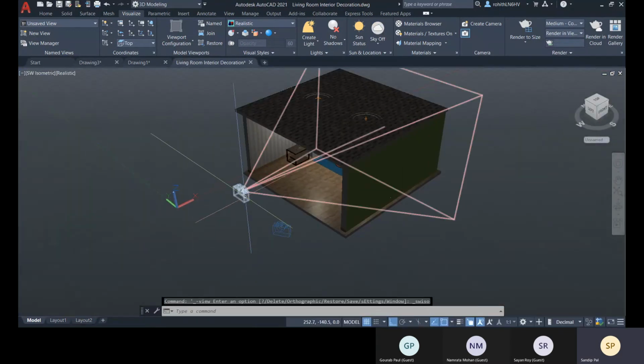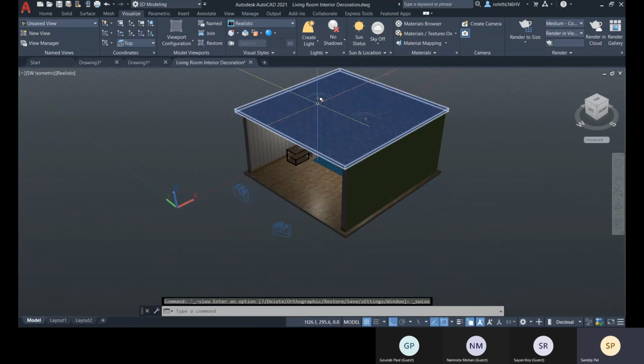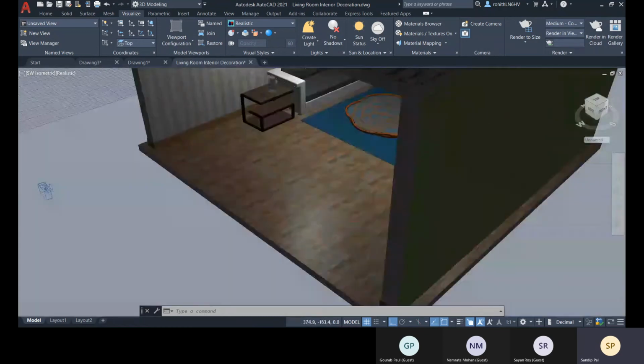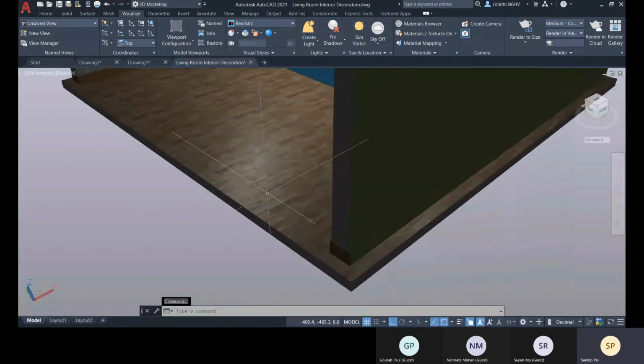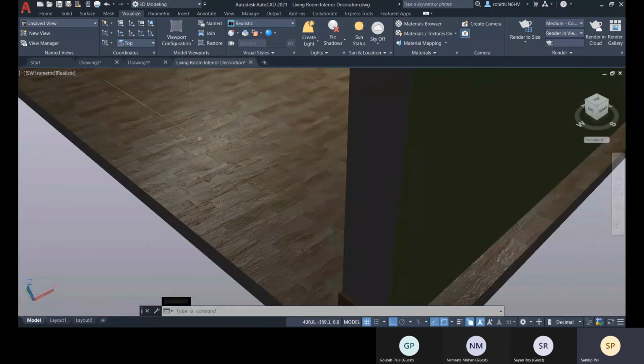So these two cameras have been placed, two lights have been placed. All the materials have been created. There you see this way, here you are getting this bump effect, according to that.